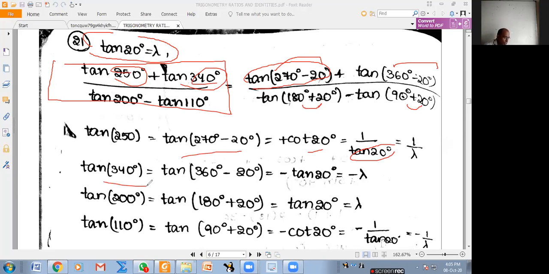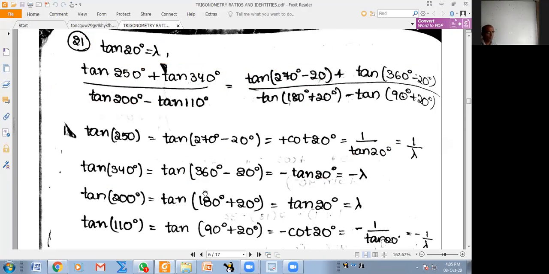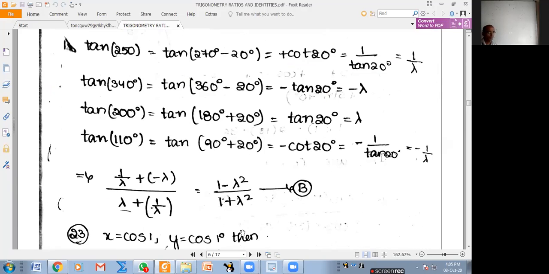What is tan 340? 360 minus 20, fourth quadrant. Tan will remain as tan because it is an even multiple of 90, minus tan 20, which is minus lambda. 200, you can write 180 plus 20, tan 180 plus theta third quadrant, and the even multiple of 90, so it will remain tan 20, which is lambda. 110, you can write 90 plus 20, and 90 plus theta is second quadrant, and the odd multiple of 90 becomes minus cot theta, minus cot 20. That you can write minus